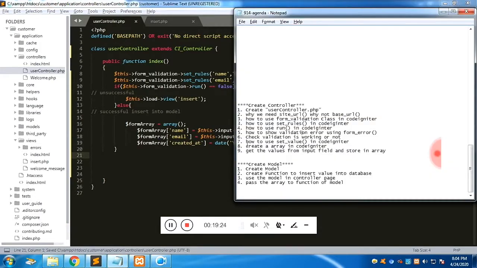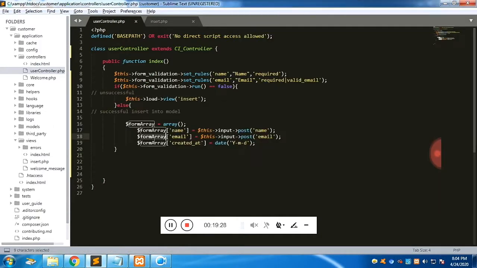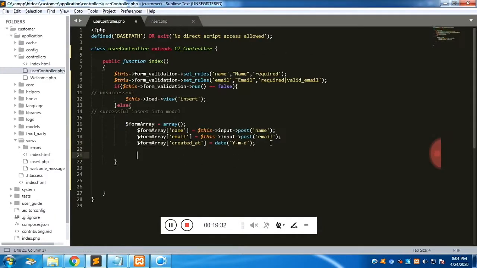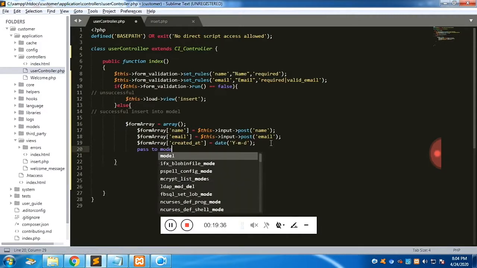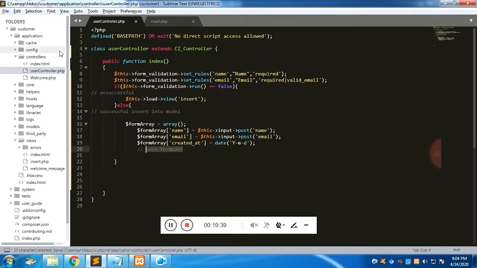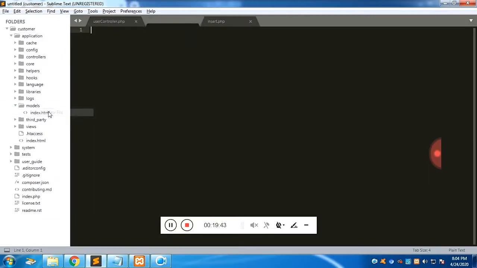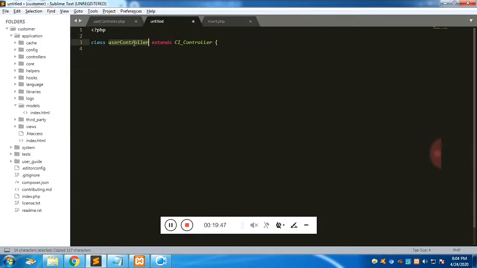Now the next step, we are going to pass the form array into the model. We are going to pass the array to the model. For that, create the model. To create a model, we need to get into the models folder, and more or less we need to create a class like the controller.